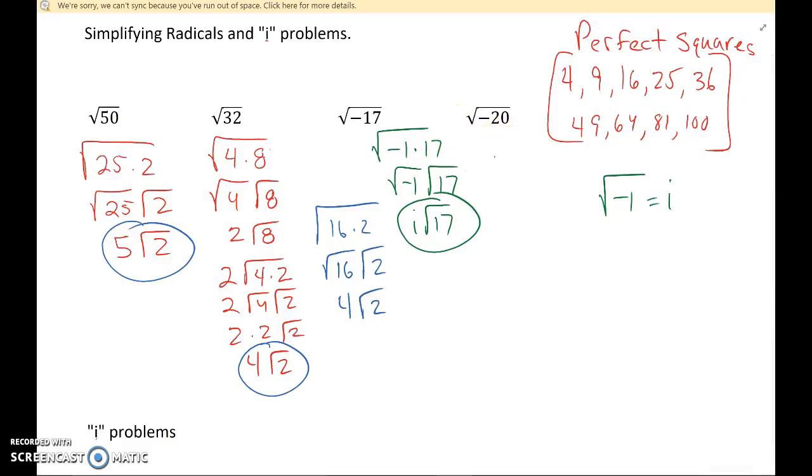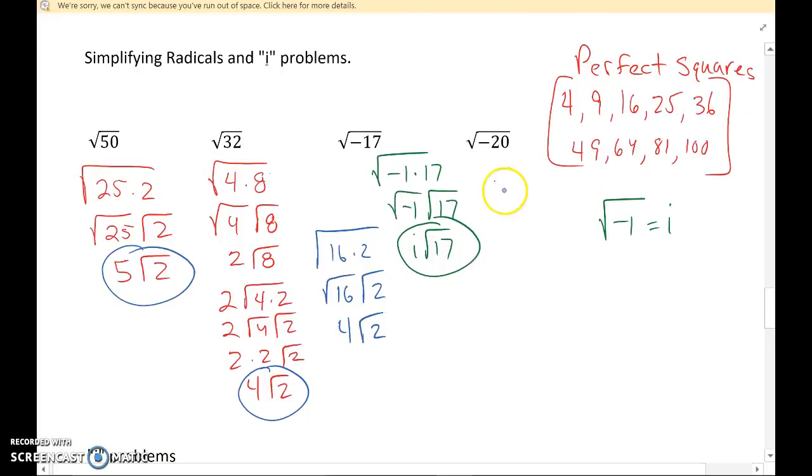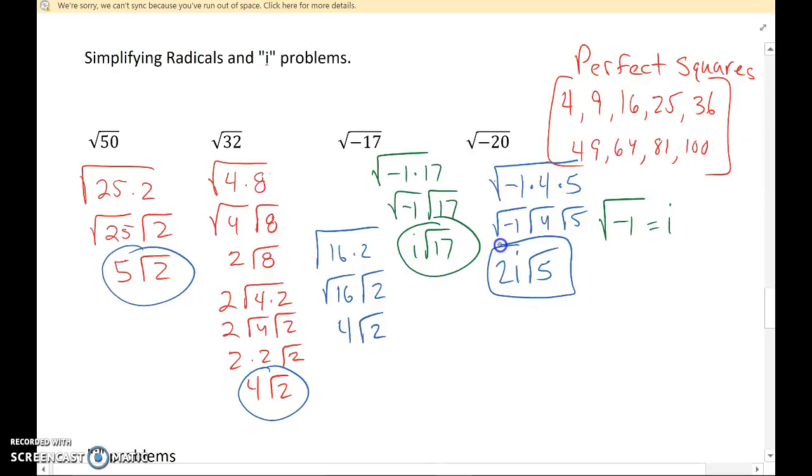Our third example, our fourth example over here on the right, 20, we ought to know that it's divisible by 4. And so if we take the square root of -1 times 4 times 5, then we can break this down to square root of -1, the square root of 4, and square root of 5. The square root of -1 being i, the square root of 4 being 2, and then the square root of 5 doesn't get reduced, and so can't come out of the radical, and so our final answer is 2